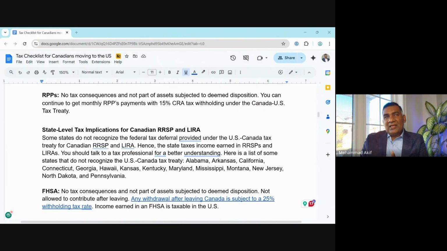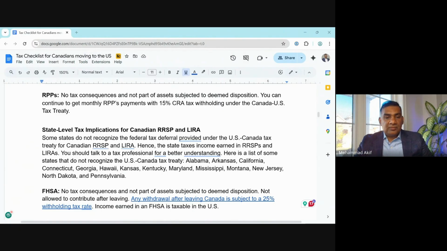So what does that mean? That means the U.S. is taxing you on that income. Canada is not doing it. And in the future, when you withdraw the money, you might have to pay tax at that time. So we're looking at a double tax scenario. I know the portion might be small, but this is getting into a double tax scenario. It's not additional tax. This is a double tax because you will end up paying tax on that on the